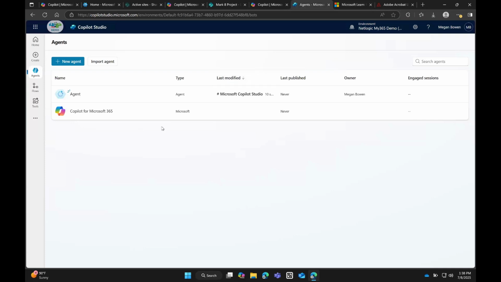So the last one I want to look at here is going to be Copilot Studio. Keep in mind that Copilot Studio is still a part of the Copilot world, but it is a separate license. So let's say you are a small business, maybe 8 users. You give everybody Copilot for Microsoft 365. That's great. You can build an agent, share them with whoever you want, and everybody can use them.